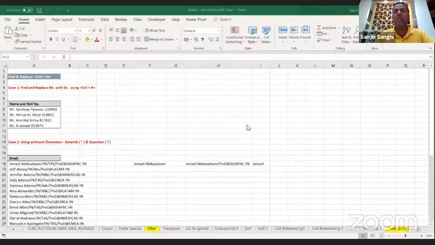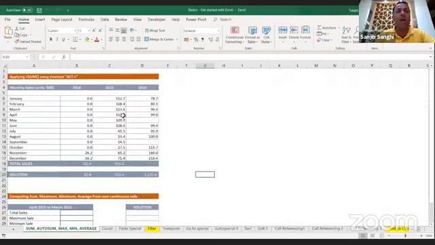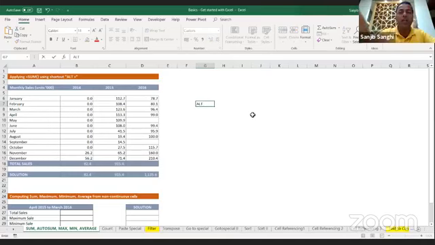I guess yesterday was a great session, and thank you all so much, where I got a terrific response from everyone. And it was a great learning for me as well. Let me share the screen, a quick recap on what we achieved yesterday. What we did is we tried to understand how we can have a shortcut for the sum command, how we can add each and every value. We used Alt equals to for that.